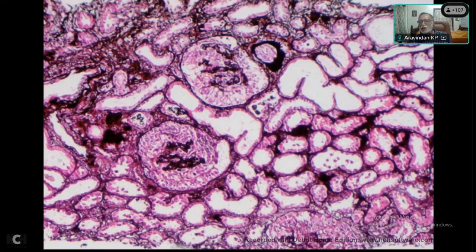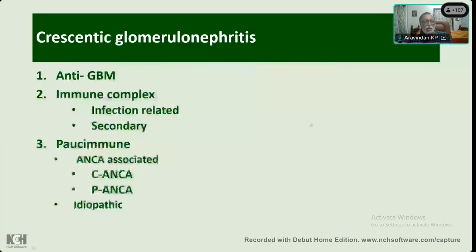See, again, it depends on the sampling, but I would be comfortable with something like 50% to call something crescentic glomeruli, because many other conditions can have occasional glomeruli with crescents. Suppose you have just a biopsy with two glomeruli, one is a crescent, the other is not, then you are not really very sure. So such cases have to be sampled very well to really know whether it is really crescentic. Of course, the clinical picture would help greatly. So when you are dealing with a crescentic glomerulonephritis, it may be anti-GBM, it may be immune complex related, or it may be pauci-immune, which is usually due to ANCA. So, what next?